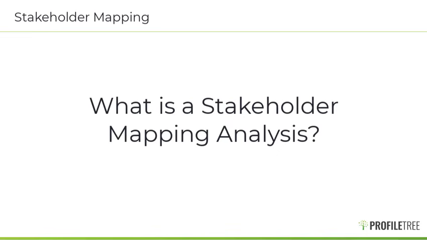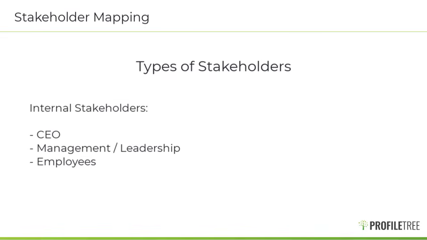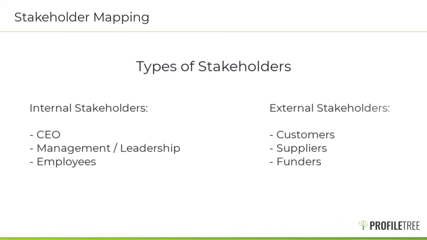So a stakeholder mapping analysis is the use of a matrix to offer a visual representation of who our key stakeholders are, and this will give us as businesses a better understanding of who those individuals are, which are going to have influence over our future plans and decisions. And there are different types of stakeholders, both internal and external. So some examples of our internal stakeholders could be the likes of our CEO, our management team, or even our employees. Our external stakeholders, on the other hand, are the likes of our customers, our suppliers, or our funders to